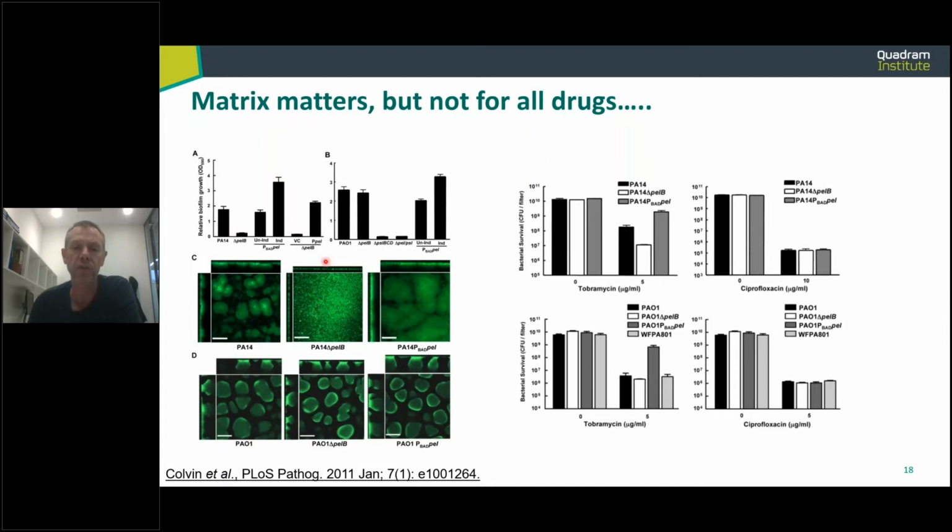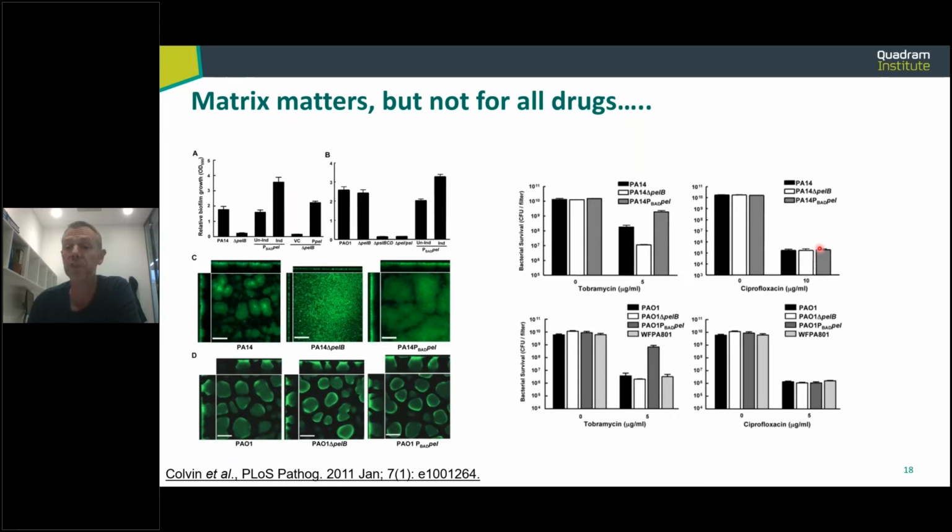These final panels are just when you replace the genes on plasmids to give them back to confirm that this is a direct effect. But if you look at PA01, the effect is not really seen. So PA01 doesn't really suffer from loss of PEL in this context. Interestingly, over on the right, if we look at sensitivity to some drugs, we can see that PA14, when you add tobramycin, is knocked back in terms of viable cells. And if you don't have PEL, in this white column, then the effect is much bigger. So the drug is much more active in this case, so more drug is able to get to the target, is the interpretation. Again, the grey bar is just giving the gene back.